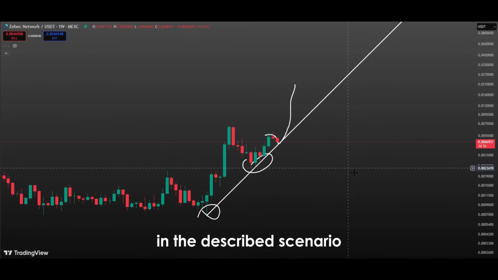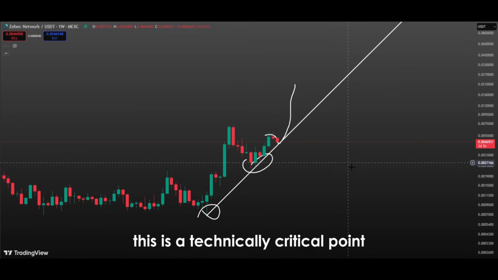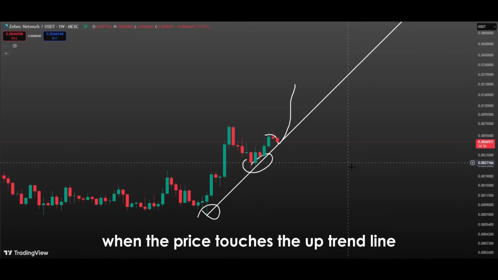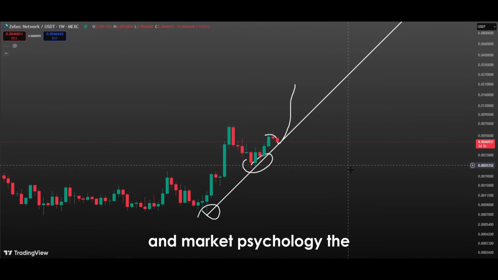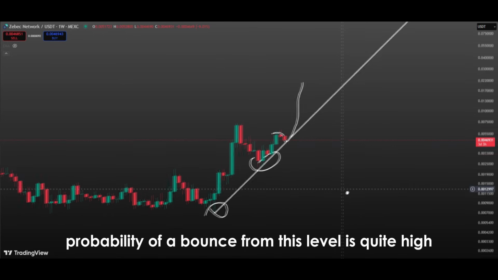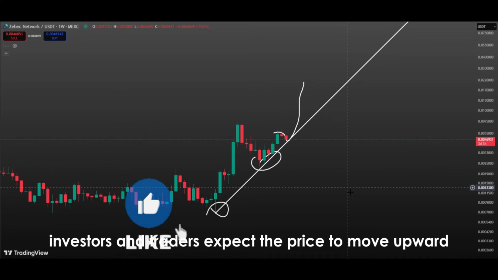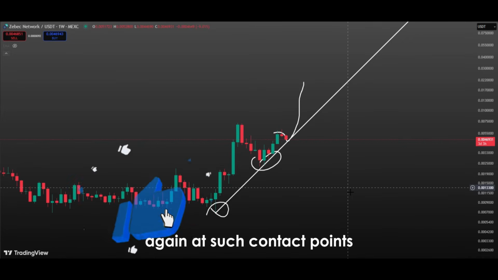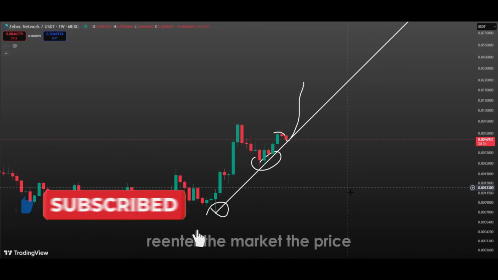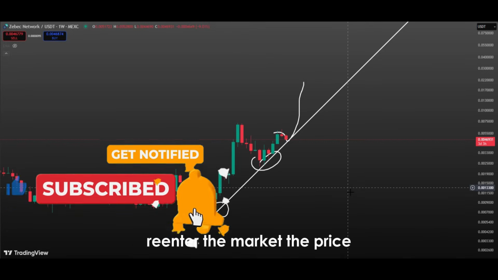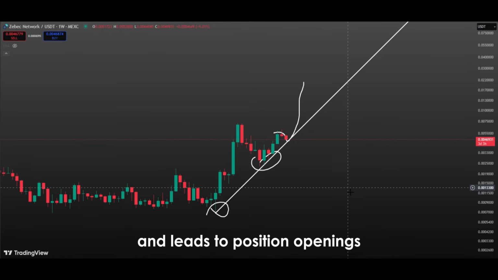In the described scenario, the price is said to be touching the uptrend line. This is a technically critical point. When the price touches the uptrend line, considering previous price movements and market psychology, the probability of a bounce from this level is quite high. Investors and traders expect the price to move upward again at such contact points, because the trend line represents where buyers re-enter the market. The price touching the trend line attracts buyer interest and leads to position openings, which supports